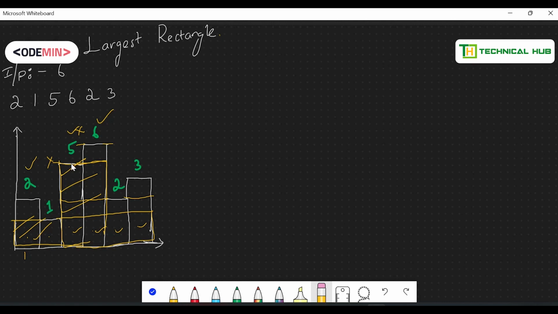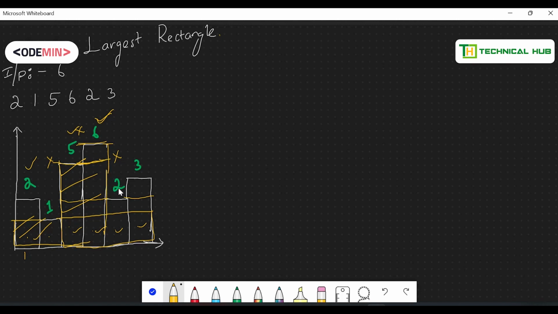Okay, so if I take 5, I can extend towards its right because I have a greater element. When I get a smaller element, there I am breaking it. So when I get a smaller element than 5, I am breaking there. If that is a greater element, I am extending. If that is a smaller element, I am breaking there. So now if you find the left smaller and right smaller indexes, the immediate smaller of 5 at its left and its right, then you can get the width, right?